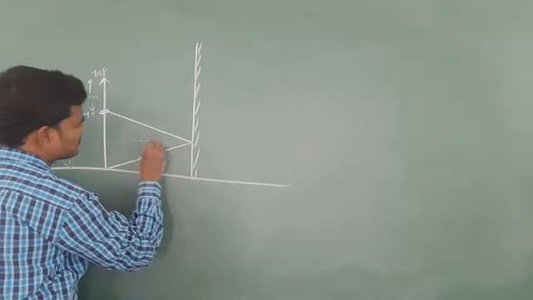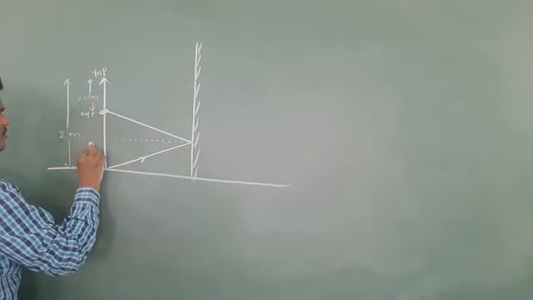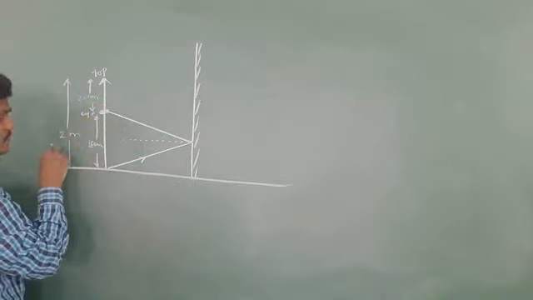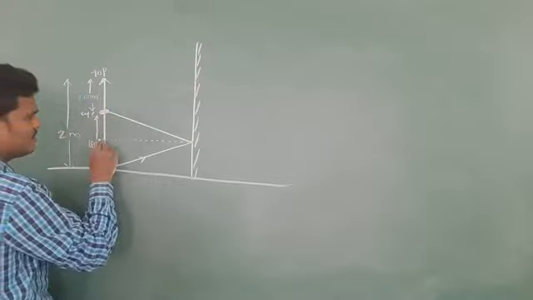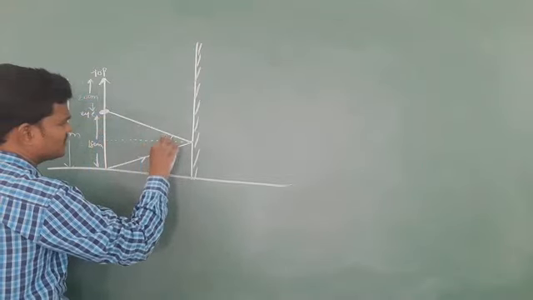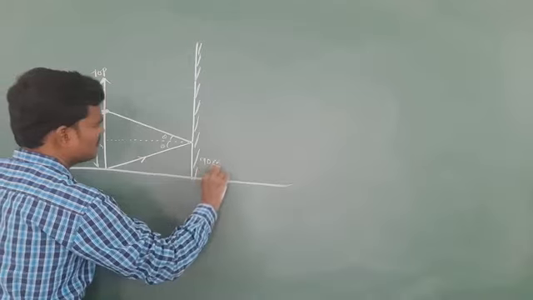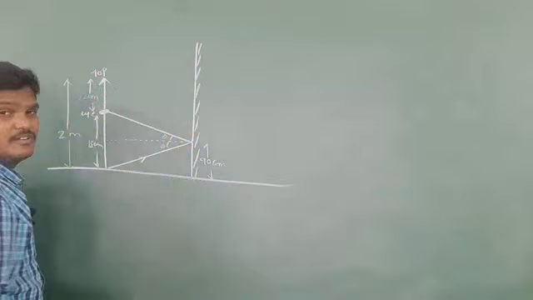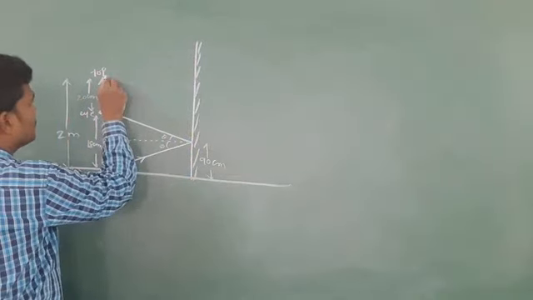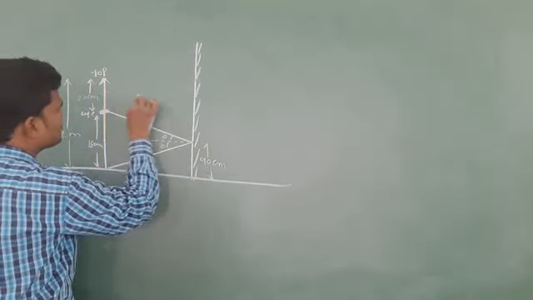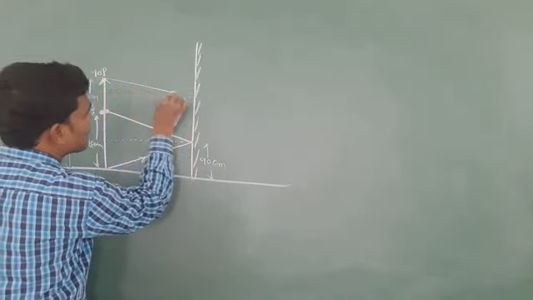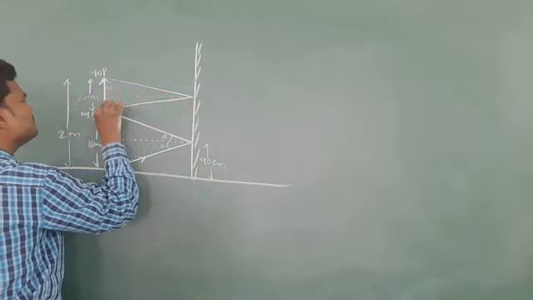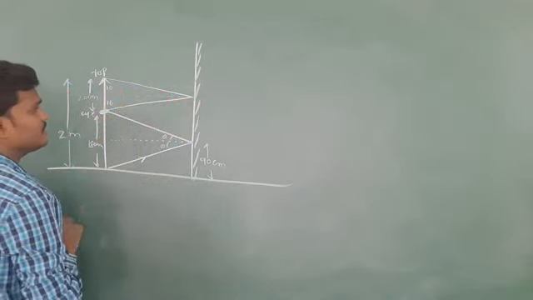So this is 180 centimeter. Total is 180 plus 20 centimeter, nothing but 2 meter. This is 180 and these two are equal triangles. If this is theta, this is theta. So how much is this now? 90 centimeter. So if we shift the mirror up to 90 centimeter height also, we can see the image. And let us see, if you want to see the top, this is 10, this is 10, 10, 10.